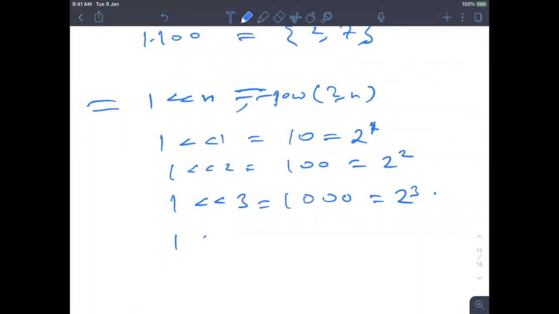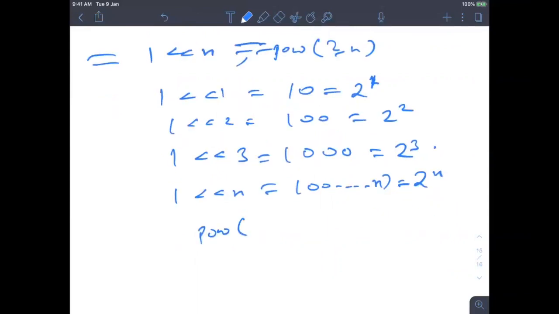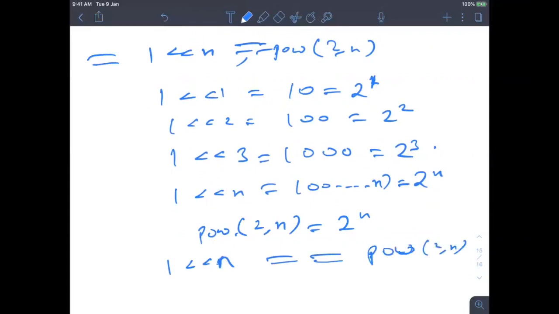Similarly, 1 left shift n is 1 followed by n zeros, which is 2 to the power n. And the power function also gives base to the power n. So 1 left shift n is equal to the power function of 2 to the power n. But I always recommend never use the power function.